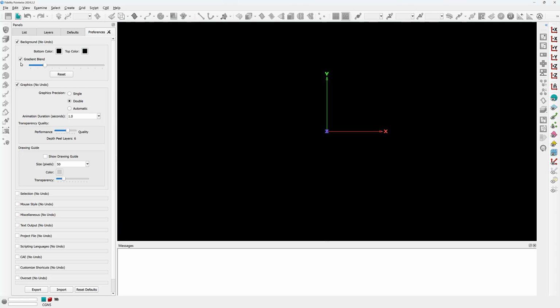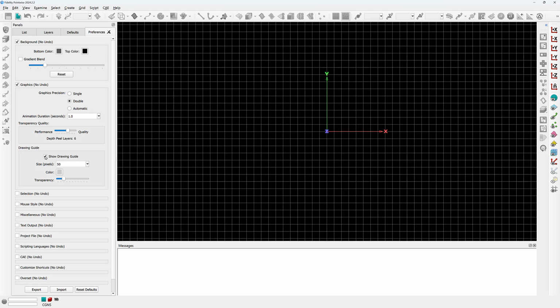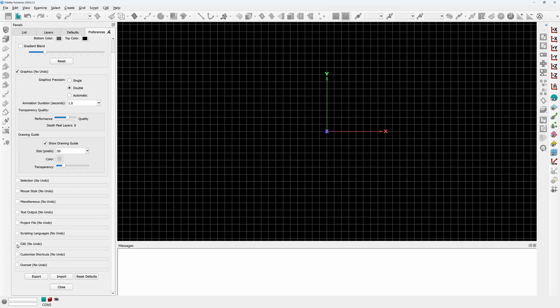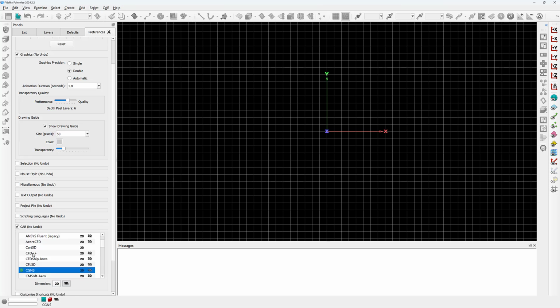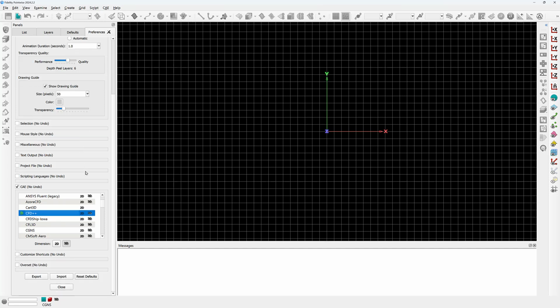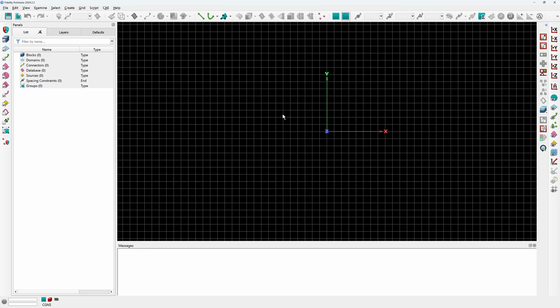So let's make some changes that you might like to do in your instance of Fidelity Pointwise. For example, I can change the background color, or I can say that I like to use the show drawing guide. And I can change my default CAE solver from CGNS to CFD++. All right, let's make some changes to the preferences like you would when using Fidelity Pointwise. I can close these, and let's see what happens if I close Fidelity Pointwise,